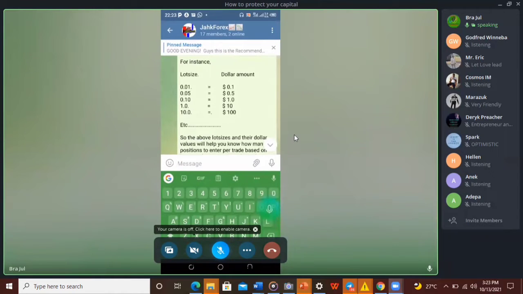So now what do we do? We want to risk only $10. So now you know the amount, which is $10, and then we know the number of pips, which is 5. So how do we get